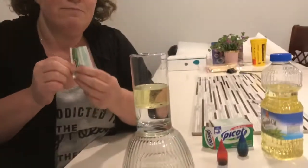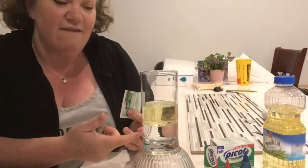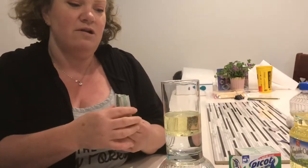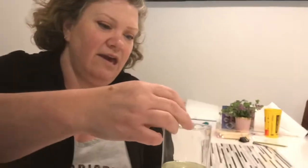So when I put this powder in, it's going to sink to the bottom, and the powder has something called bicarbonate of soda in it, which makes bubbles and fizzes. So as that fizzes up, it's going to carry some of the water up to the top. It's going to come back down, and it's going to keep going around and around in a circle and look pretty cool. So I'm going to pour it in, and then my cameraman's going to